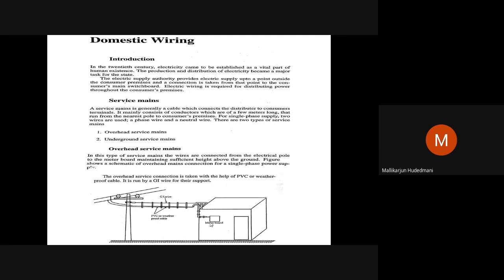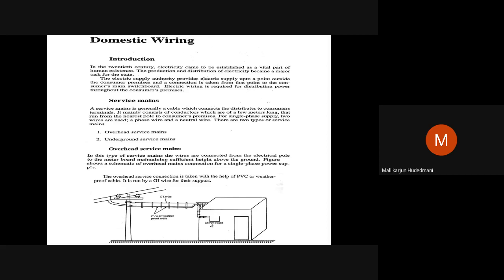Just run a wire from the electric pole to your house, draw the overhead conductor with the supporting insulating clamps or clips, and make the end connection to the meter board. Provided the wiring from the meter board, your ground floor wiring, interior rooms, all the wiring is done in advance. You are just inputting the power connection to the meter board. That part of the wiring, drawing the power from the supply company electric pole till your meter box, this mode of taking the power is by overhead conductor.